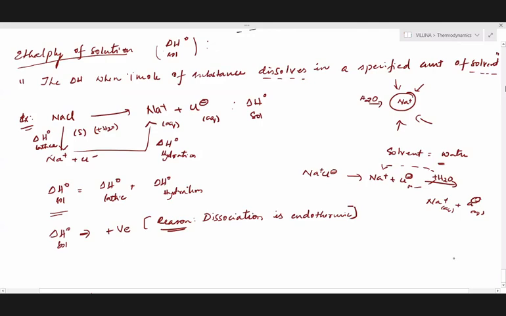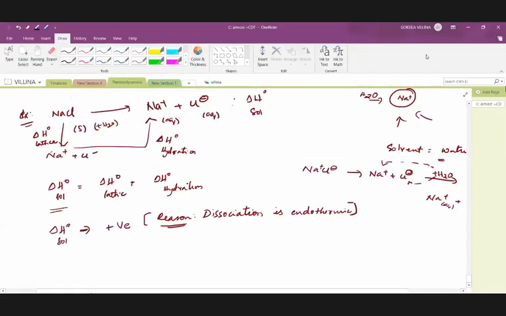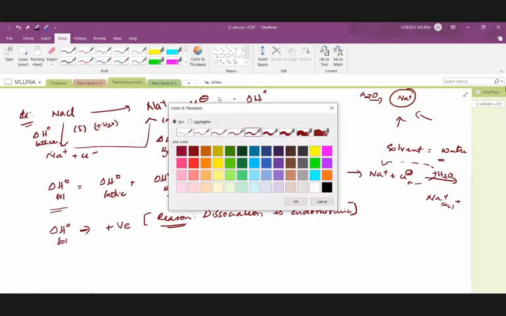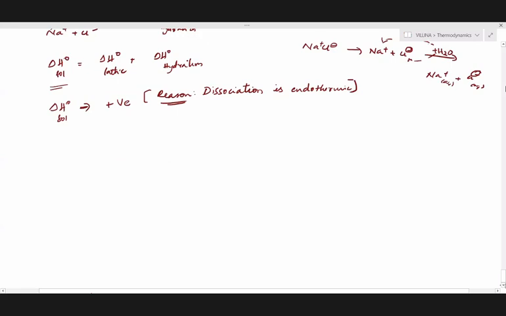So this is regarding the net enthalpy change involved when 1 mole of a substance is dissolved in a specified amount of solvent at a certain temperature and pressure. That is enthalpy of solution. Now we will see lattice enthalpy, very important for 4 marks questions. You have solved them a lot in the chemical equilibrium chapter, but we will see again here, not chemical equilibrium, chemical bonding. So lattice enthalpy.